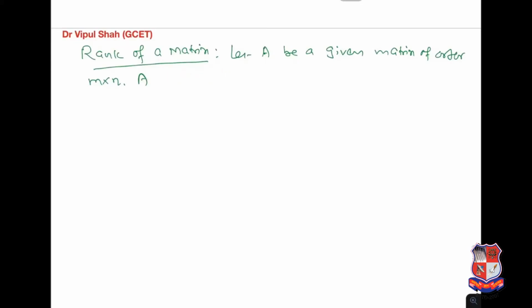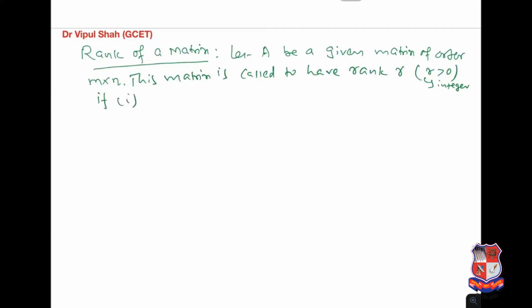This matrix is called to have rank R, where R is greater than or equal to 0, a positive number, in fact an integer, a natural number, if the first one: there exists at least one minor of order R which is non-zero,